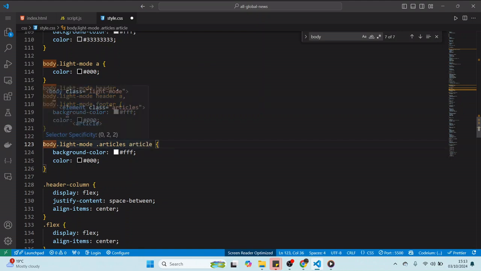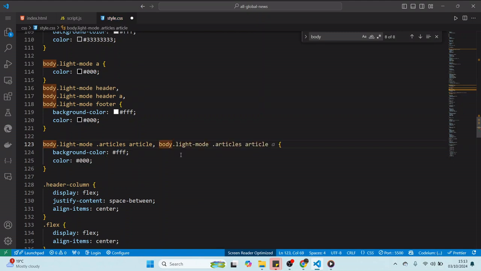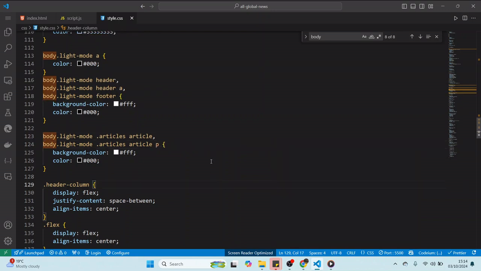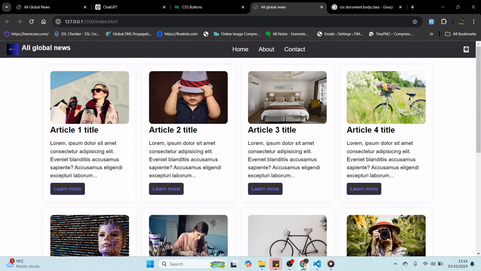We also want to target article dot paragraph. Okay, article dot paragraph, and then I don't know, let's save this one first. I want to see